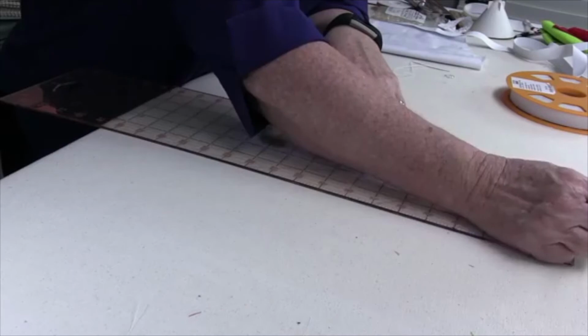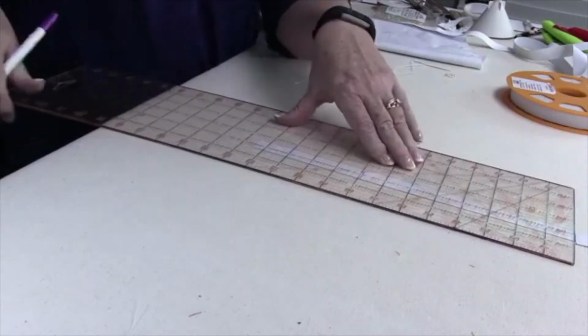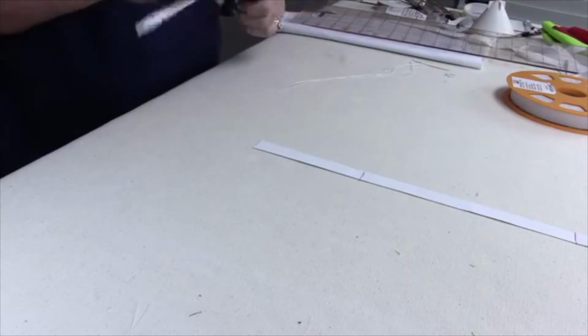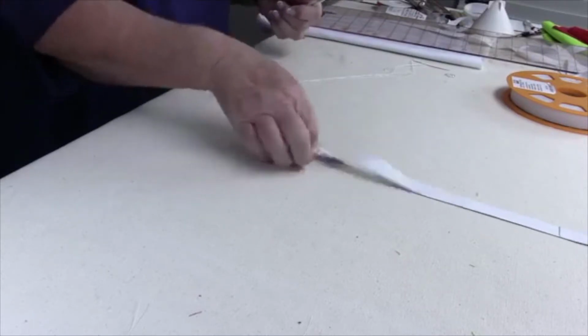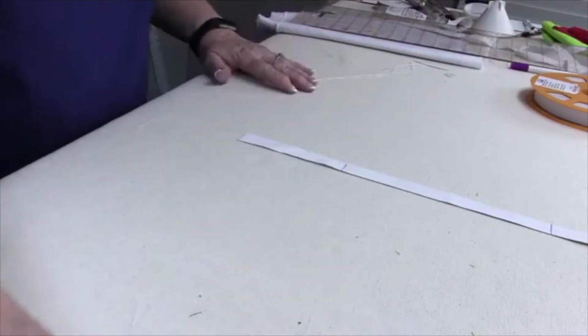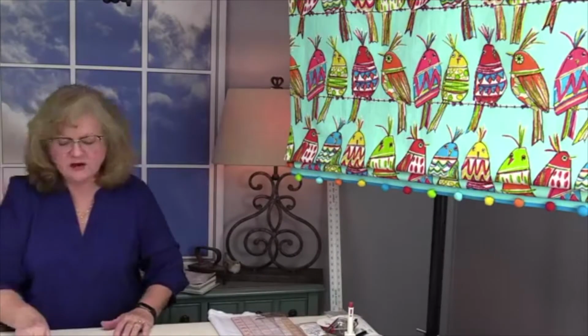And again, I will keep moving up the length of this tape. Okay. And if you have 4 rows, of course you'll have 4 pieces of tape. If you have 5, you'll have 5 pieces. Okay? All right. And so now,